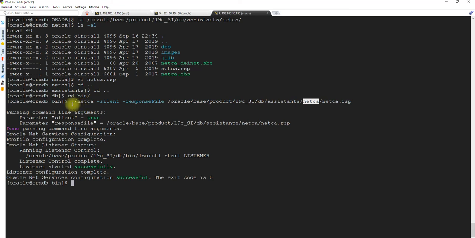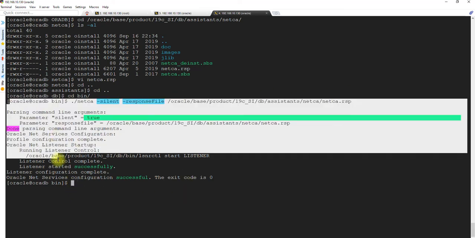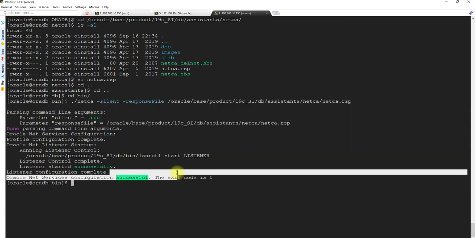Invoke it from the bin directory, dot slash and then the binary, make sure to put the silent switch, then the response file, and select the specific response file to install. That's how we did the listener as well as the software.